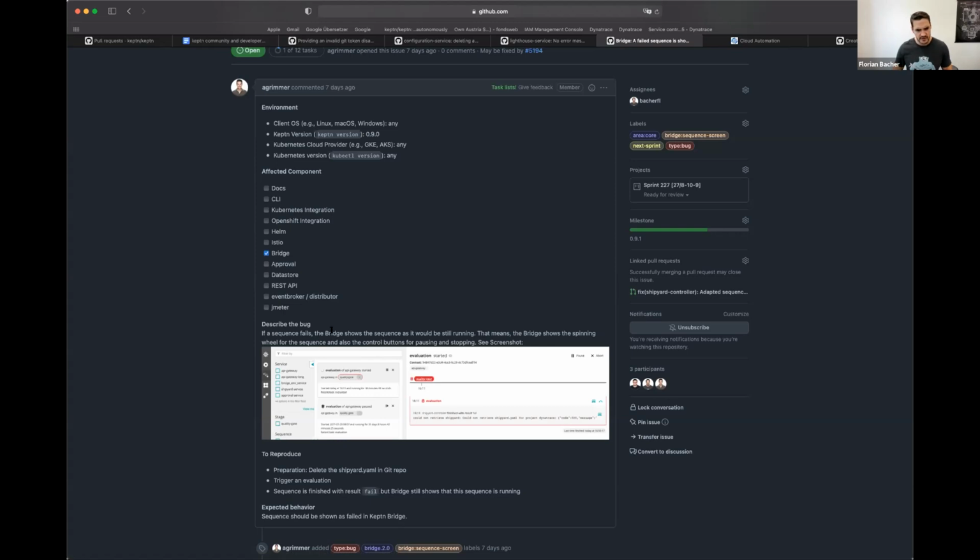So you kind of got a sort of a zombie sequence state, and now the shipyard controller makes sure that these failed attempts of triggering a sequence are now reflected properly, and that change now also propagates through to the bridge. So now you will see those failed attempts of triggering a sequence in the sequence overview, and also with an appropriate error message in the sequence trace to give you a bit more information for debugging